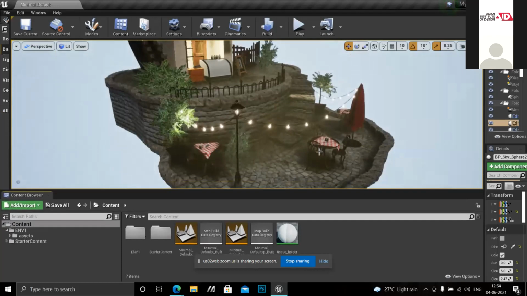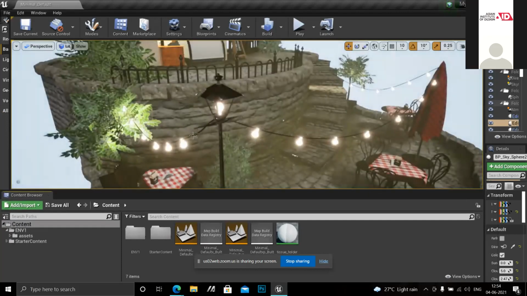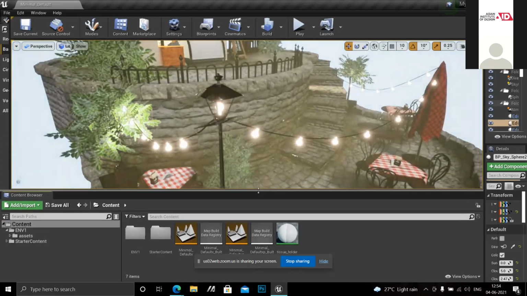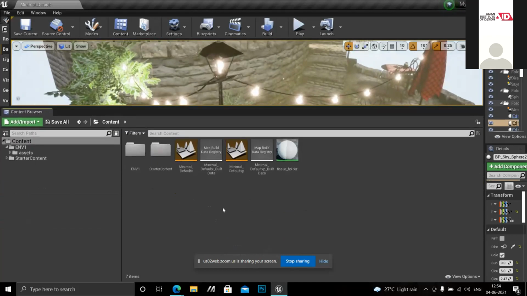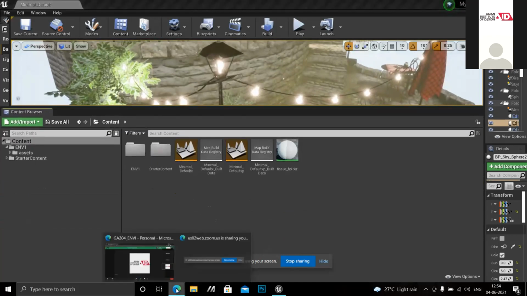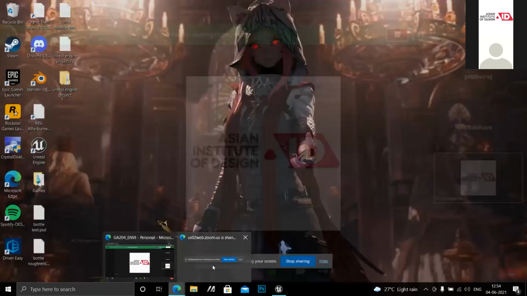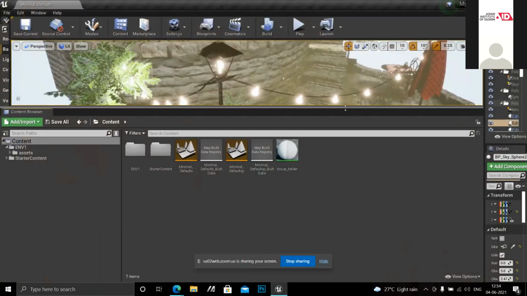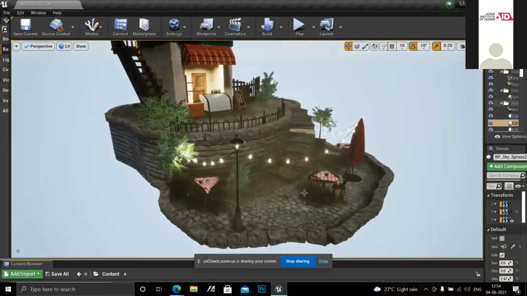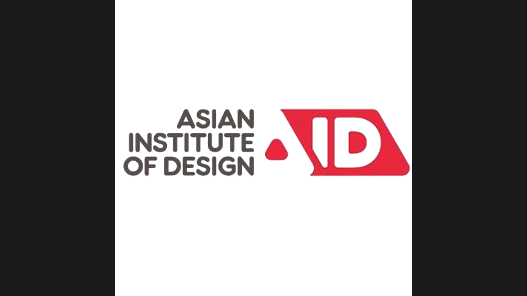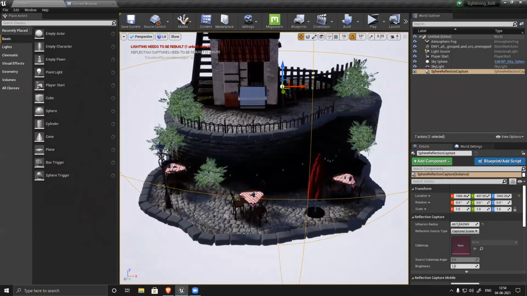Because I've been adding assets over time, sir. I think maybe because of that. So no issue. It will load. No problem. Anyways, I'm going to show you the lighting, so I have to re-input and do it anyway. So no need to worry. Yes, sir. It looks nice. Yeah, texture is almost loaded.